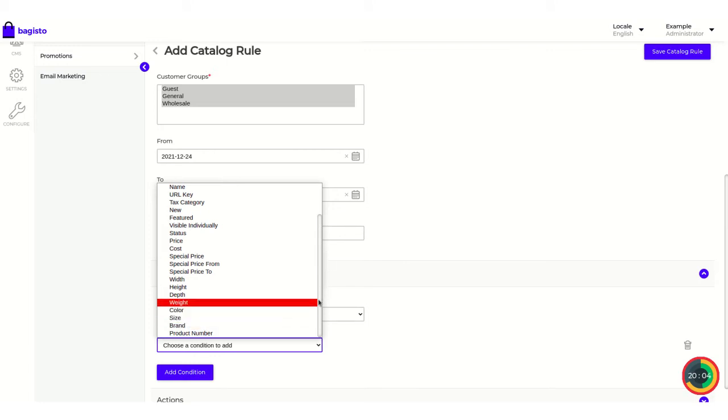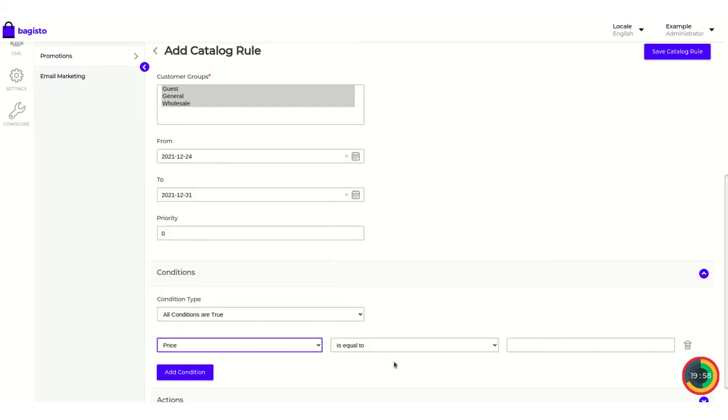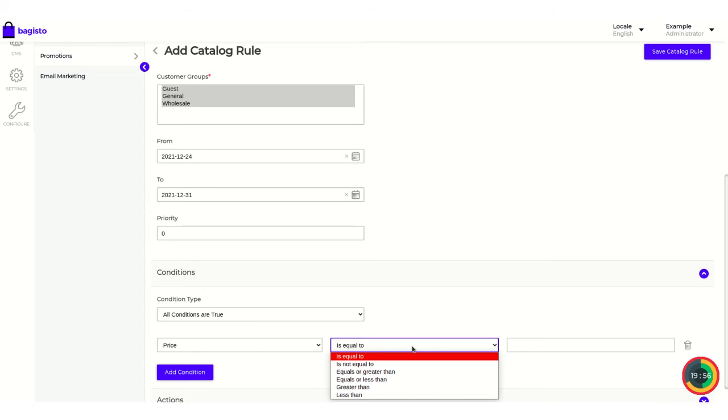Suppose according to our requirement, we are selecting here price, and here there are other conditions, that is equal to, is not equal to, equals or greater than, equals or less than, greater than or less than. From here the admin can select the conditions.